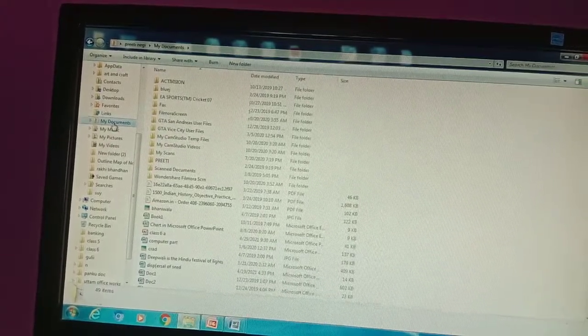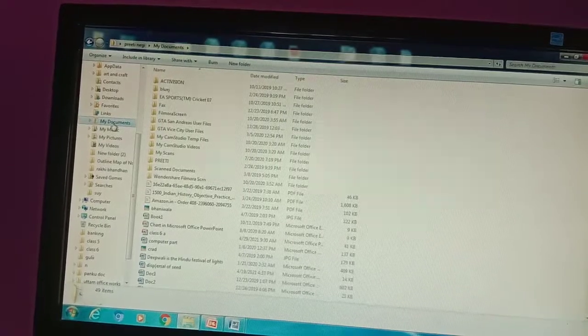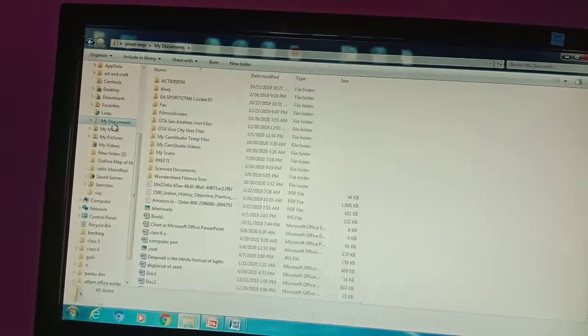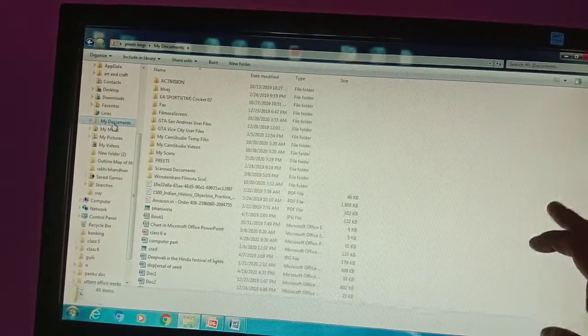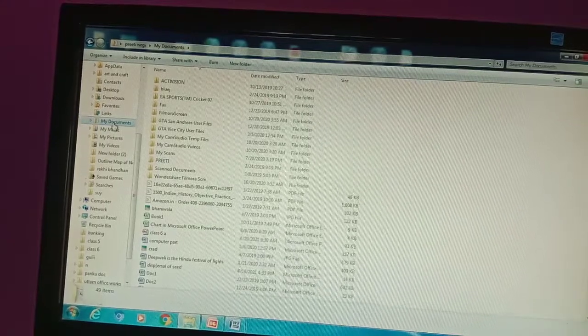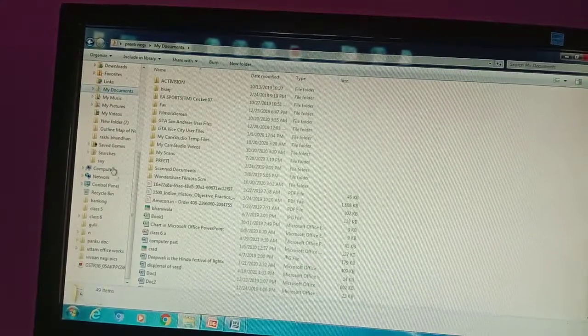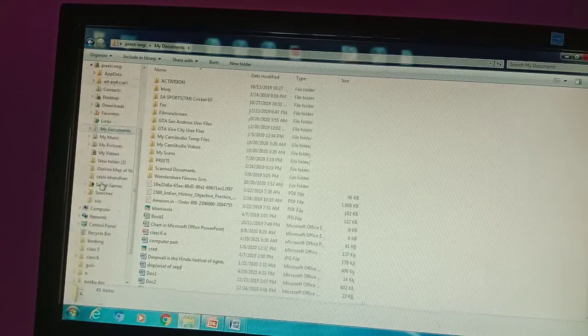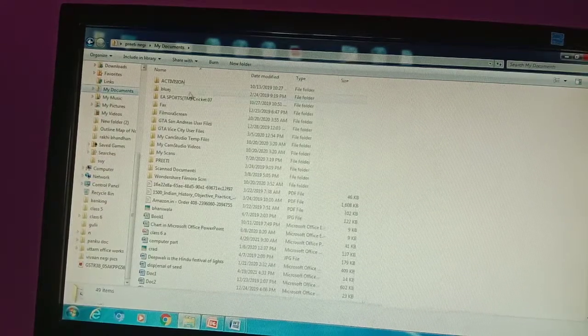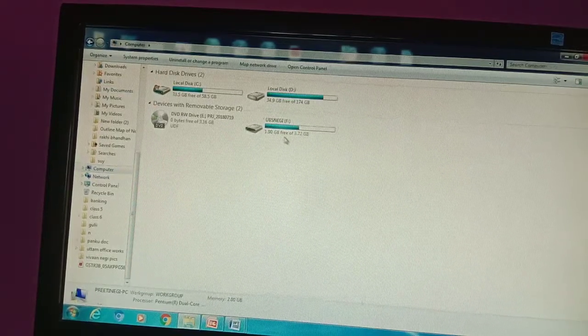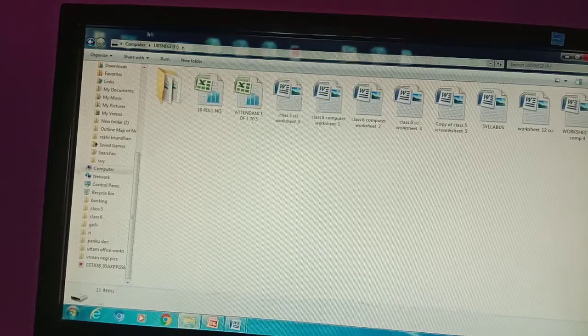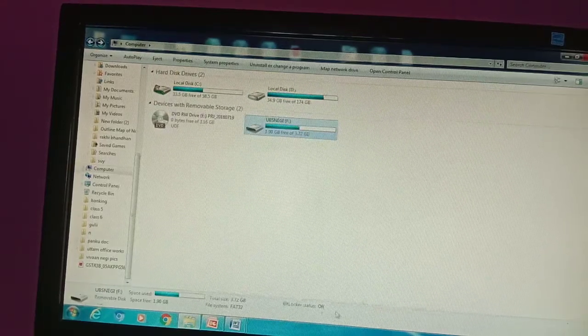Whenever you open any folder or the computer, every time you will get the Window Explorer window, where there are two panes: one is your navigation pane, one is your detail pane. It is called the navigation pane because here you select a particular file, folder, or drive, and here you will get a detailed view of that particular drive or file. Clear to everyone?